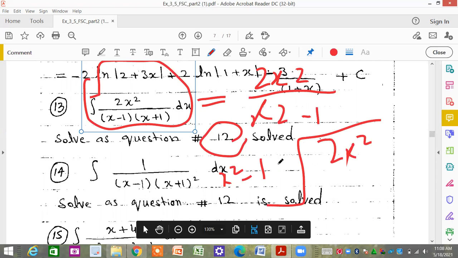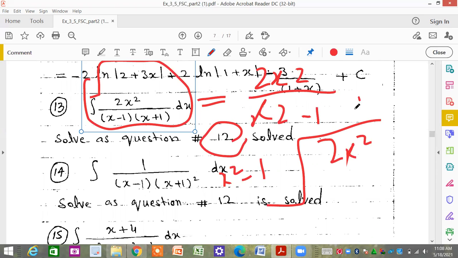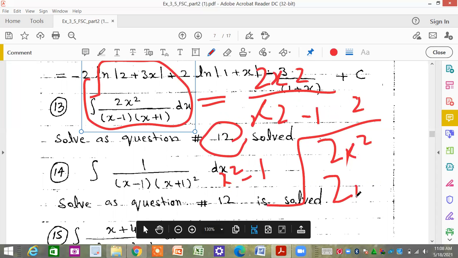We will write 2 here, and this will be 2x square minus 2. After changing the sign, this will cancel, and our final remainder will be equal to 2. After writing it in this form, we will integrate as we did in question number